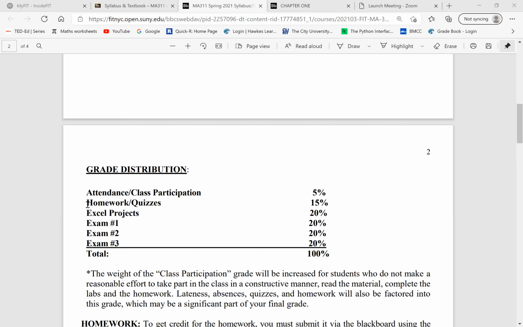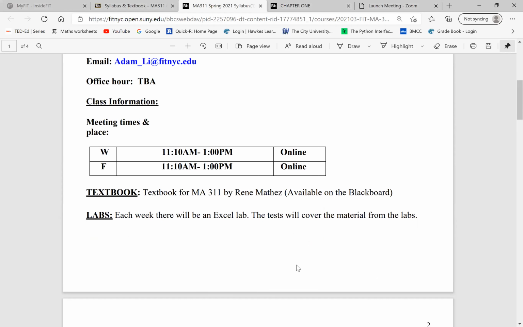Then homework and quizzes are worth 15%, and the Excel project is worth 20%. You're going to have 3 exams. Exam number 1 is 20%, exam number 2 is 20%, and exam number 3 is also worth 20%. So it comes to a total of 100%. Any questions so far